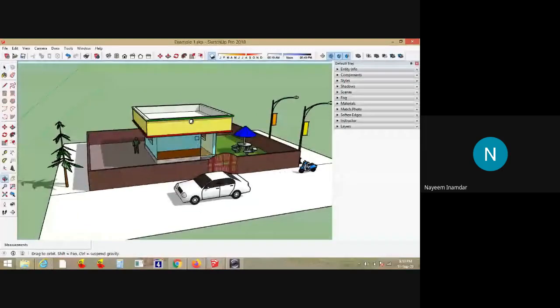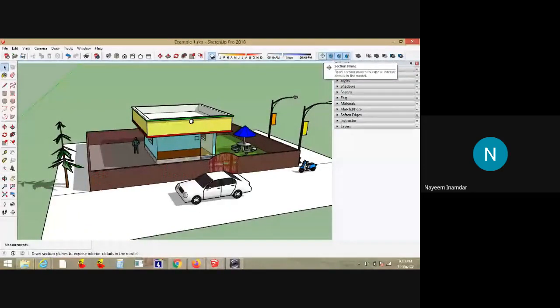Now, yesterday I spoke about section planes. These section planes are used to cut a section at any particular height or any particular location in your 3D model, so that only the section where you wish to have a view is visible when you use the section planes. Let me explain. I'll go to the section plane here. The cursor here shows the section plane. If I click it, the section in which direction you would like to have will appear here.